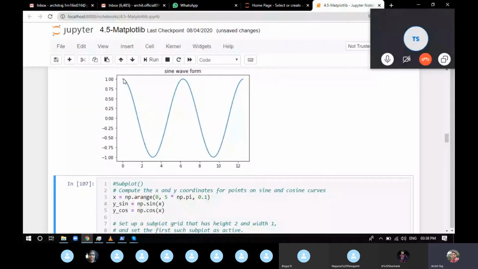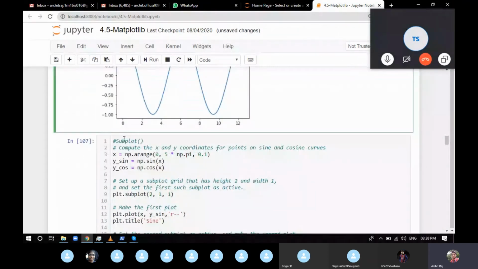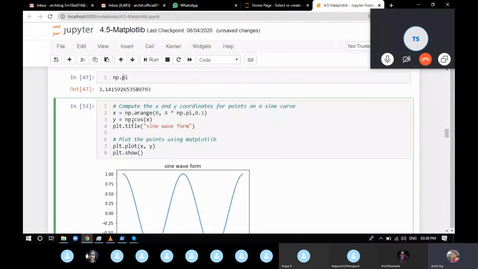So this is what you can do with Matplotlib. Now we can do one more thing. As I've shown you with cos, we can do with sine also, and we'll also try to implement the subplot here. Now what we did,